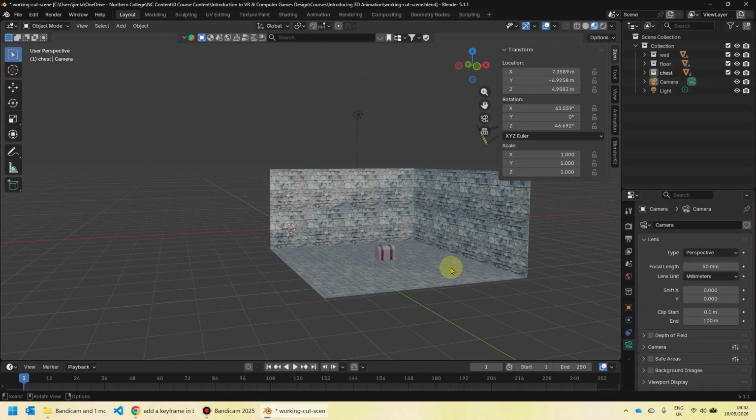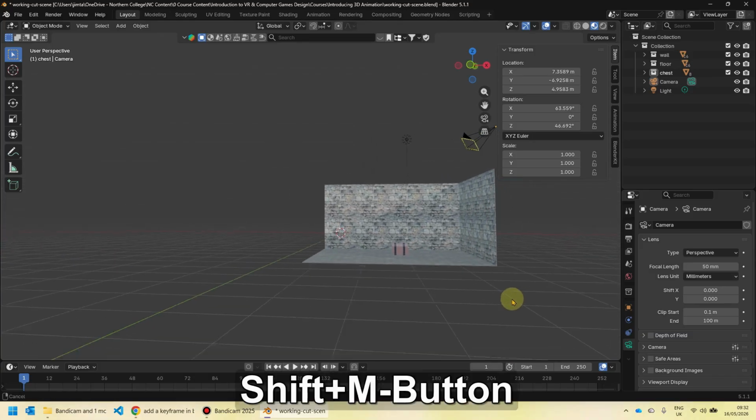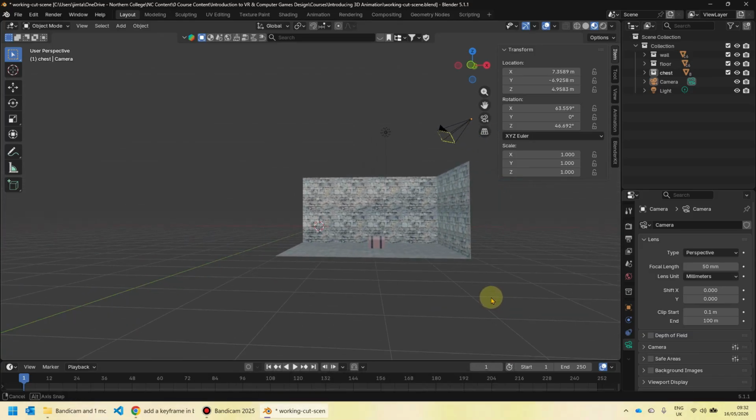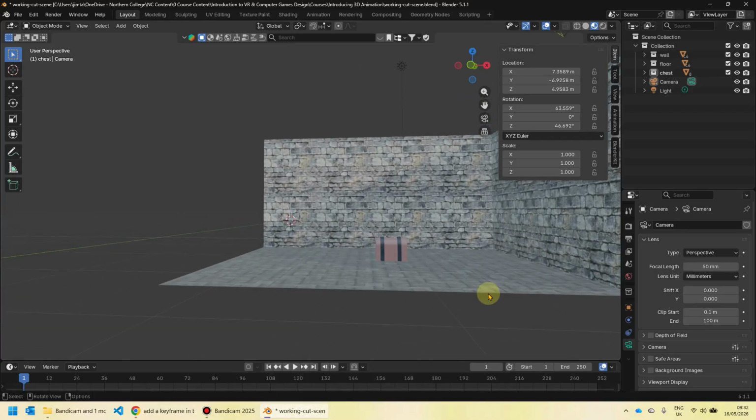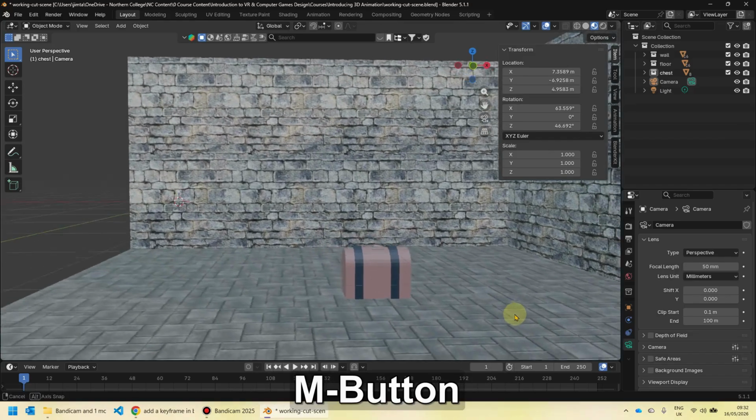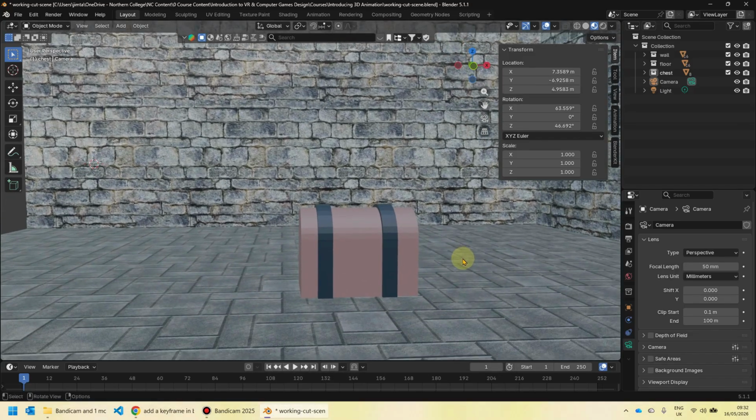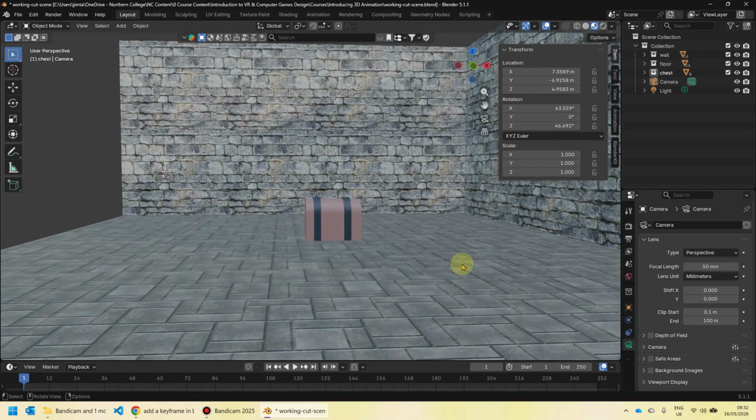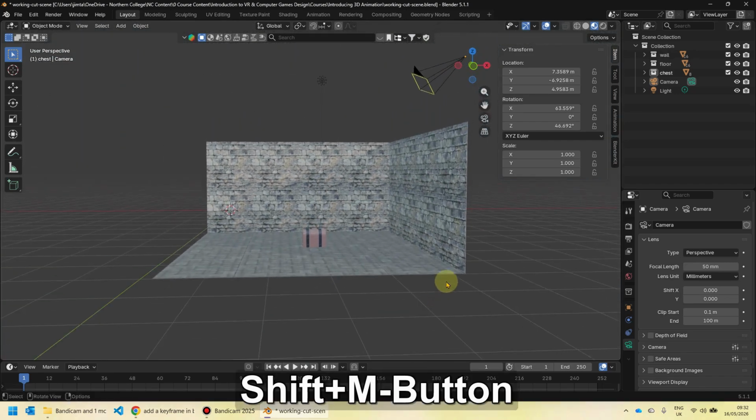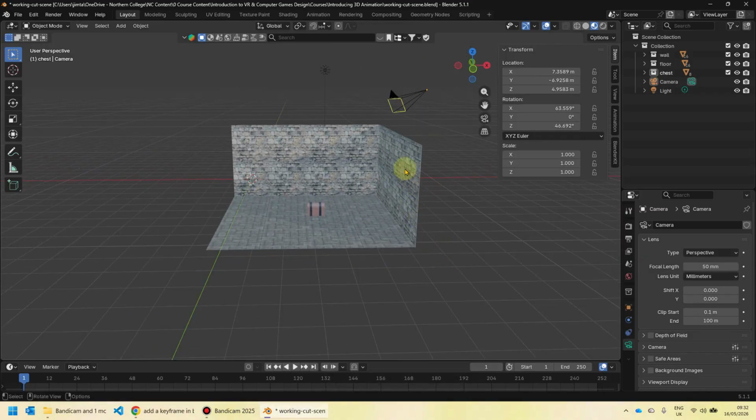So with my chest in place, we're now going to work on the animation. The idea with this animation is to have the camera start looking at the chest and zoom in dramatically, as I'm simulating here, till it gets to the point where the chest is quite big in the center of the camera's view. The first thing we need to do is position the camera so it is looking